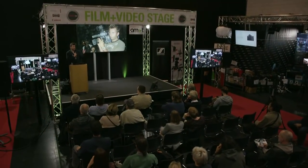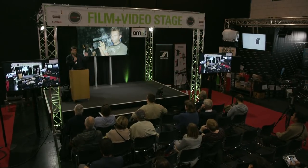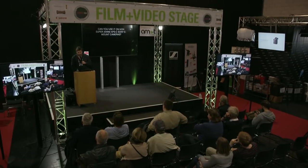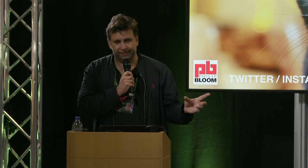So the smaller sensor you have, the smaller your lens needs to be. The bigger the sensor you have, the bigger the lens you're going to need. So to have that sort of range on Super 35 is a big, big lens. 20 times zoom, you'd need all of you to carry it. So that's why it's split up into two, and the way